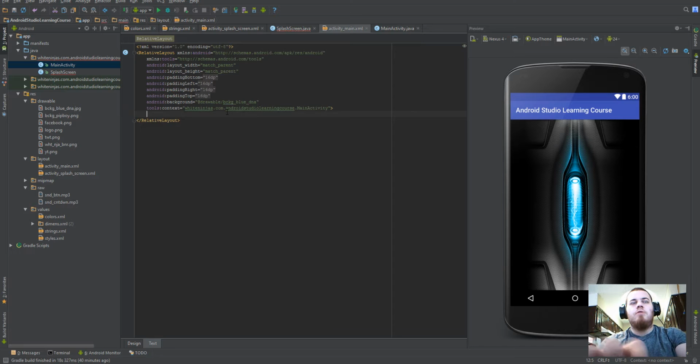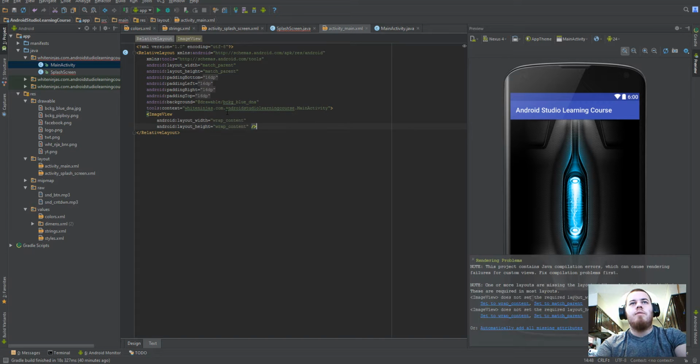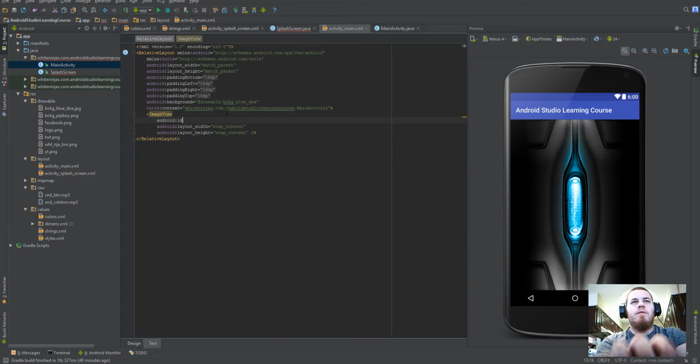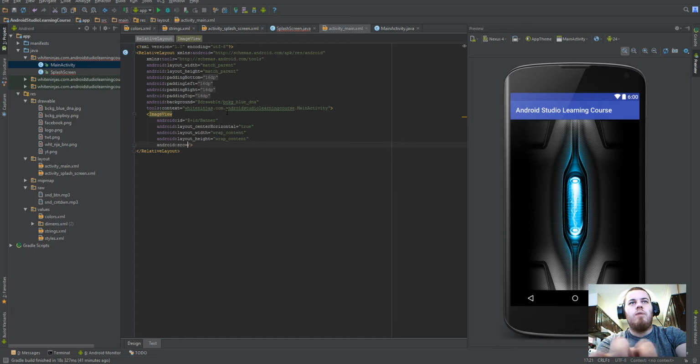I am naturally going to put my image view in there. And this one I'm going to wrap my content. I'm going to give this one an ID, and I'm going to reference it as banner, because this is where my White Ninjas banner is going to be. I'm going to put this one directly in the center of the screen. And now I'm just going to reference my drawable file, and I'm going to pull my White Ninja banner. And I have my banner. It looks so pretty on that background. So,